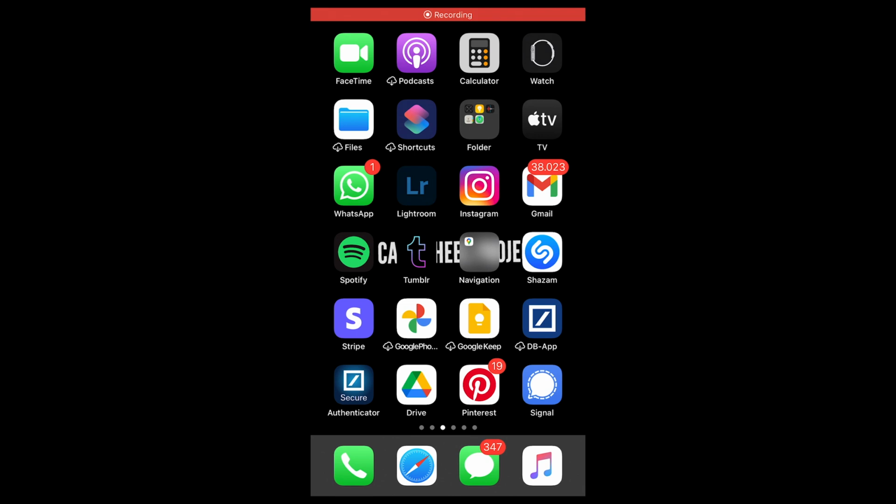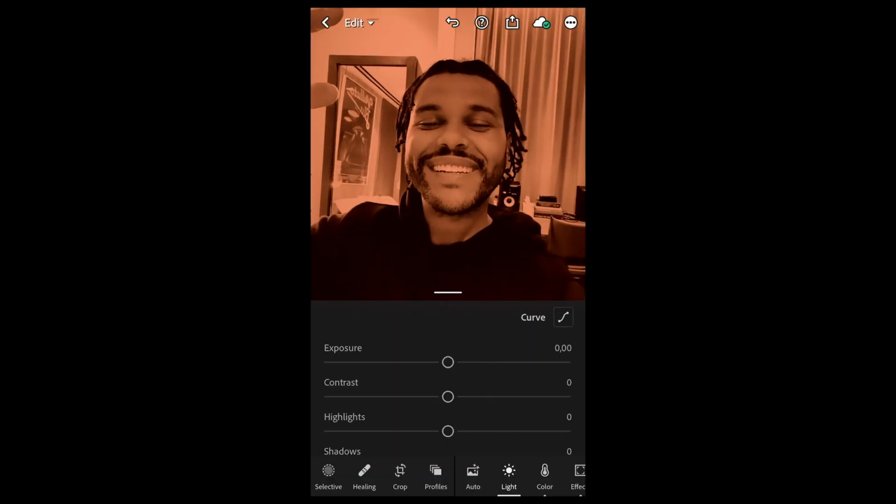The first thing we want to do, of course, is open our picture in the free Lightroom app. So we open the picture. I've chosen this one off the Weeknd's Instagram account. Now it looks to me as if it's been taken on a smartphone, and it's a black and white look,